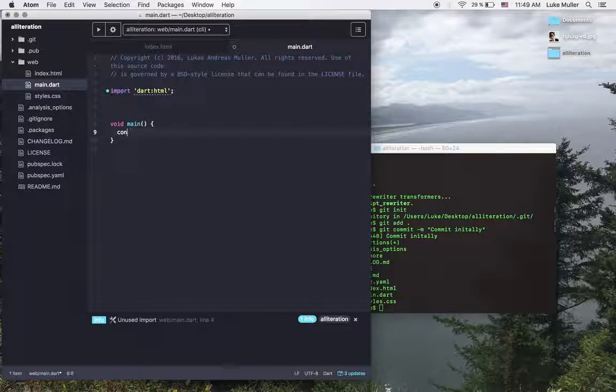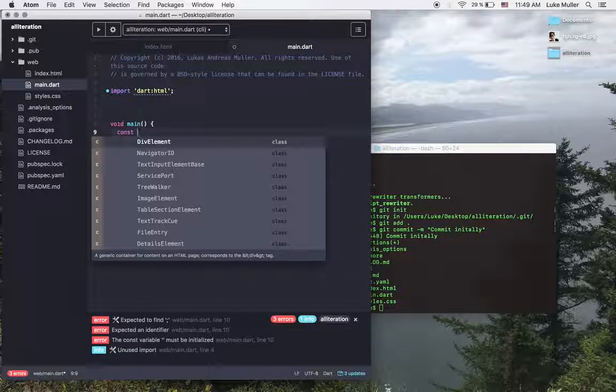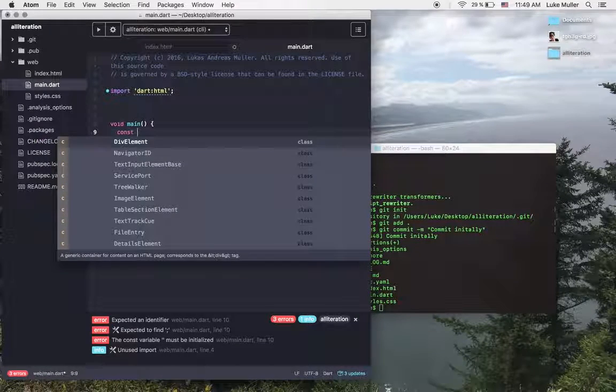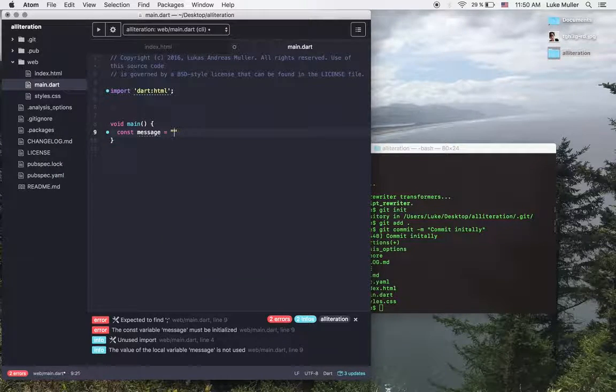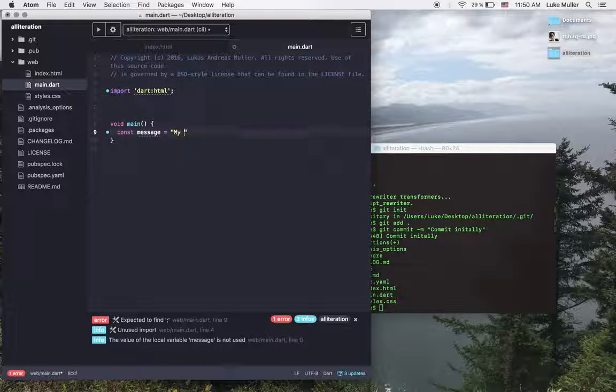Constant is, by the way, our let in this language. So we're saying constant, which I actually like more. Constant message, for example, this is not going to be changed. Let's say, well, my mother makes my breakfast, my sandwich